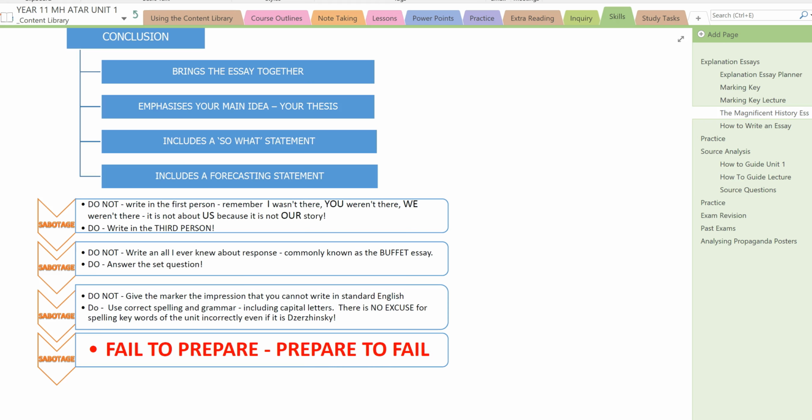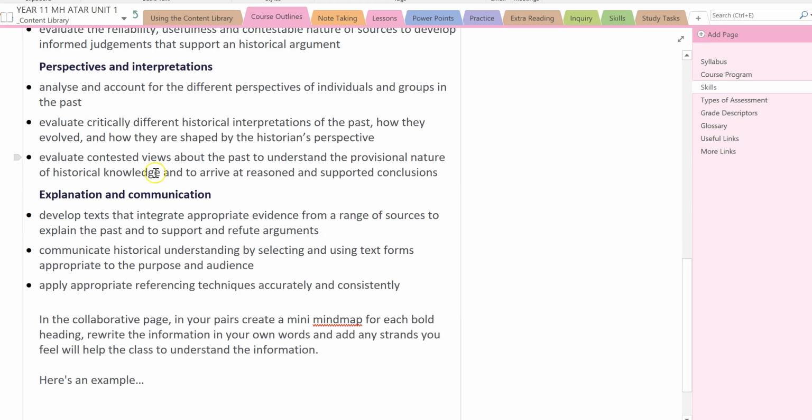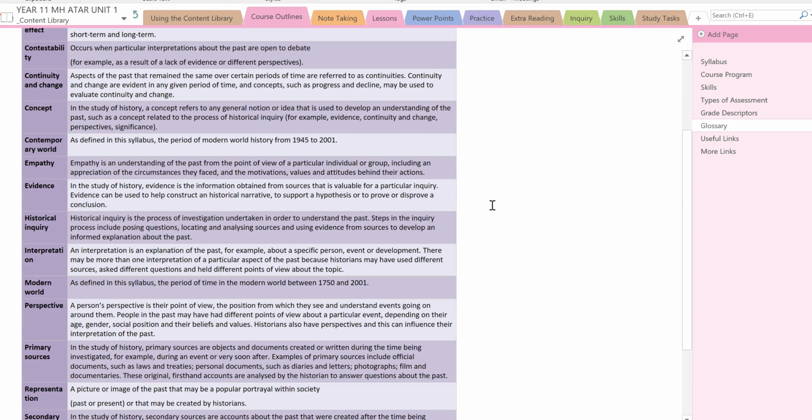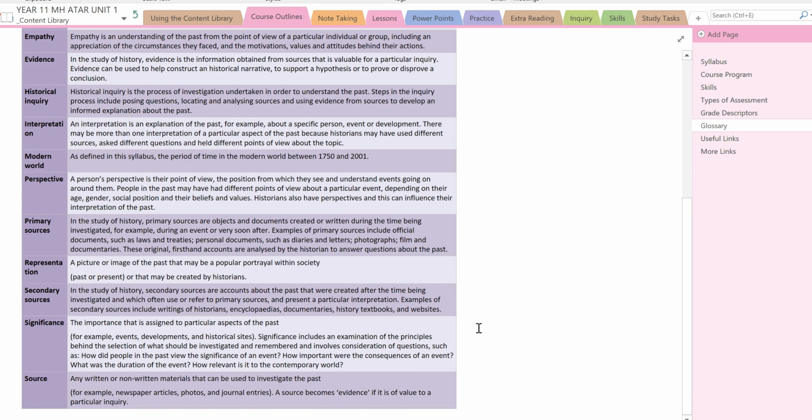Okay, so just one last thing and then I'll let you guys go. Explanation and communication is one of them. Okay, and glossary, we come down here. These are the questions that you might be looking at. So if you're a bit stuck, you might want to have a look at, so for instance, you've got perspective down there. I know we're having some trouble with that one. Evidence. So these things I'm talking about, you've got some glossary down here from SCASA. Significant, so that's assigning importance. That's really a good thing to think about as well. And I'm just going to pop into